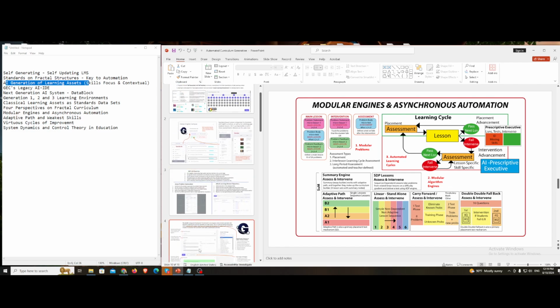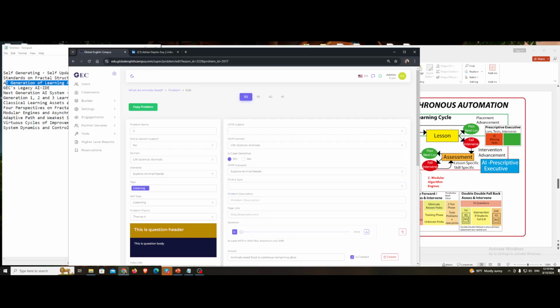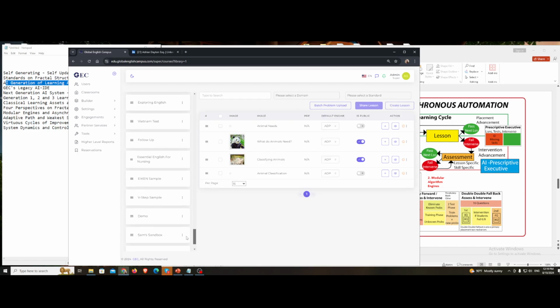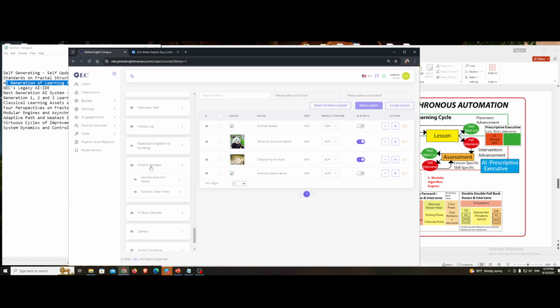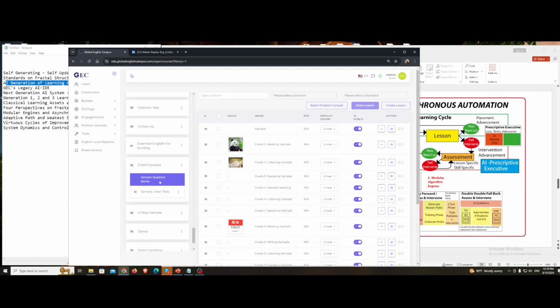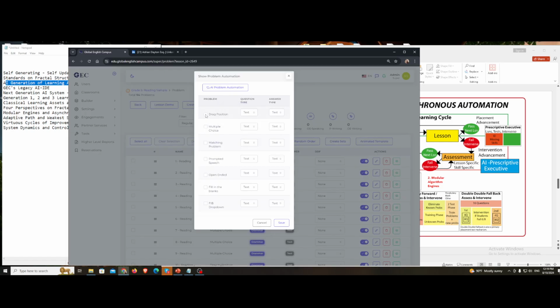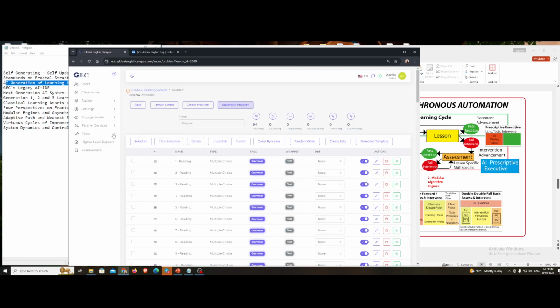So just to show you that on the live platform here, I'm going to go back to the library. I'm going to go down to a test where I know that we've used the linear engines. For example, the Aiken test is a Japanese language test. And if we go into one of these environments here, what we can do is come in here to problem automation, and if we want drag to position and multiple choice and matching and prompted speech, we select those as the problem types that we want. This can be an image question and a text answer. This can be a text question and an audio answer, and once you set those up, then we go to the GEC IDE here,